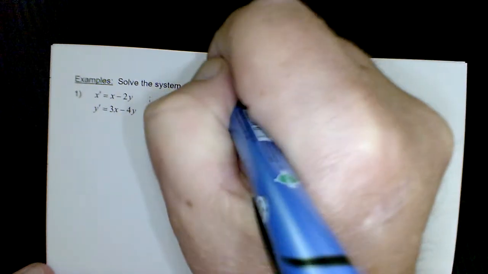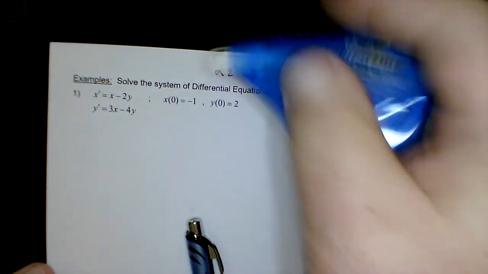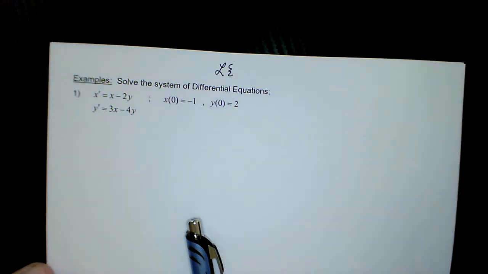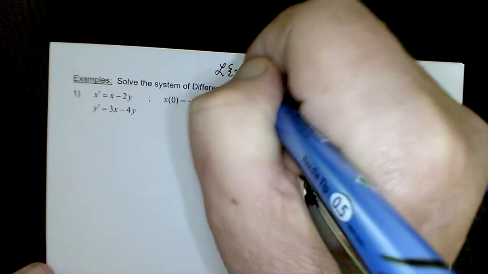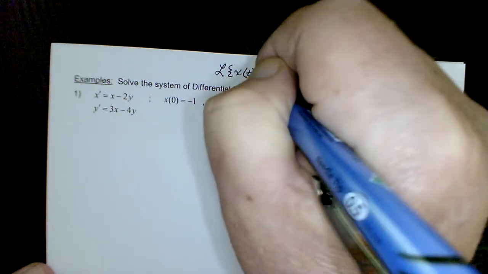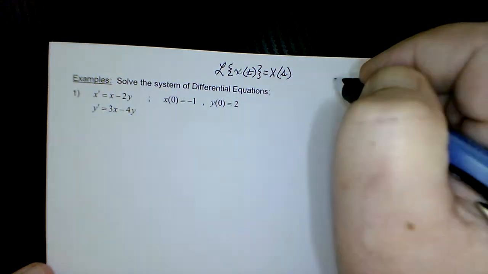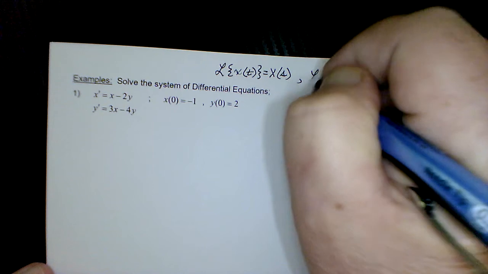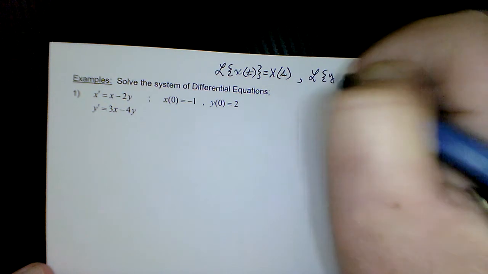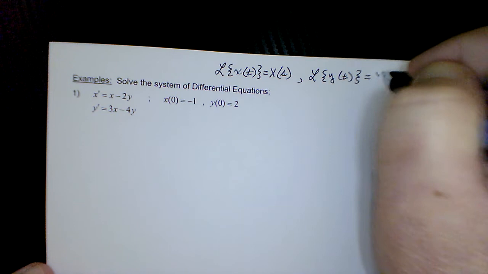That is the Laplace of x of t, I want to make my lowercase x kind of cursive like we did last time, is x of s, and the Laplace of y of t would be y of s,